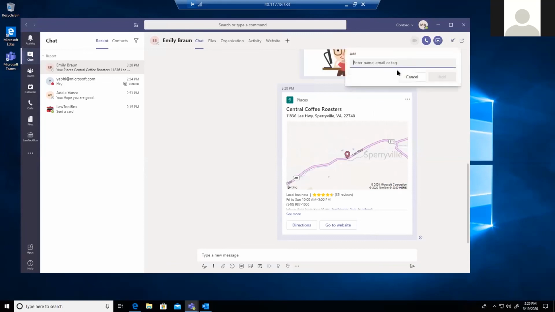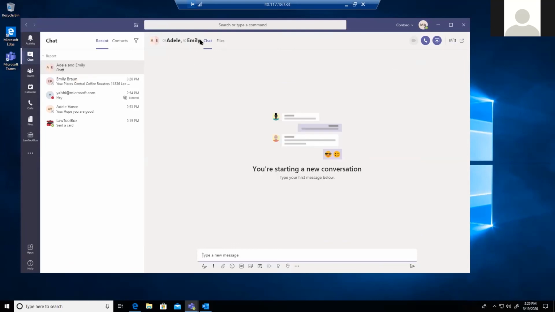I can add multiple people. Let's say I want to add one more person to this chat specifically, I can go here and keep adding people. It used to be not more than 20, but the limit has been increased. I can have 250 users at a time, and we can do a group chat. So this is called a group chat. If I want to remove somebody, I can just remove the person I don't want in the chat, or else I can click and add more people.